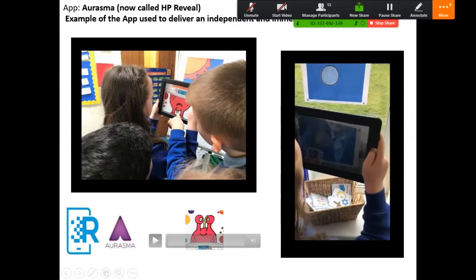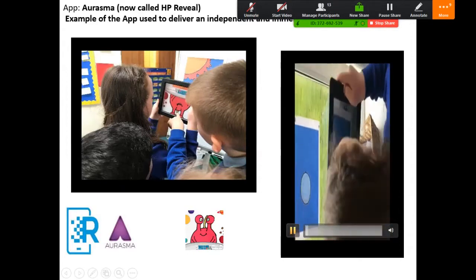Okay, and now on the final one, where the pupils are scanning Pluto, and if you press play, they'll hear them actually going on their journey of discovery. They are scanning the picture, they are listening to the linked video, which is an avatar, and you can hear them sort of discussing with each other what they think that extra information is that they're being told by the avatar. So press play.